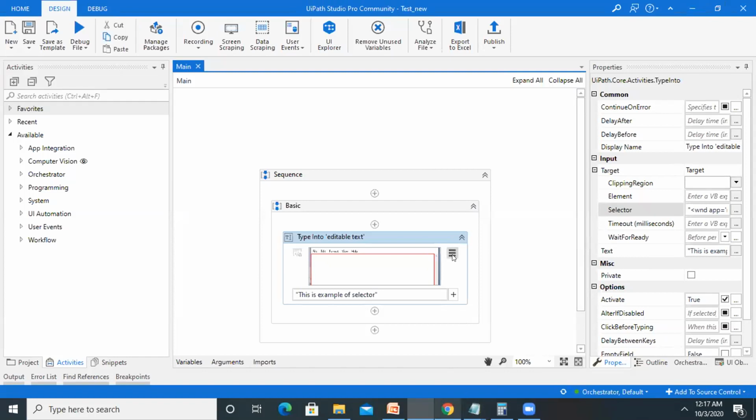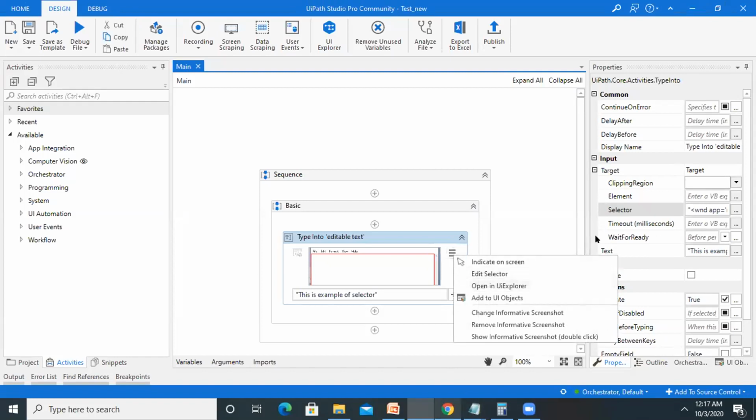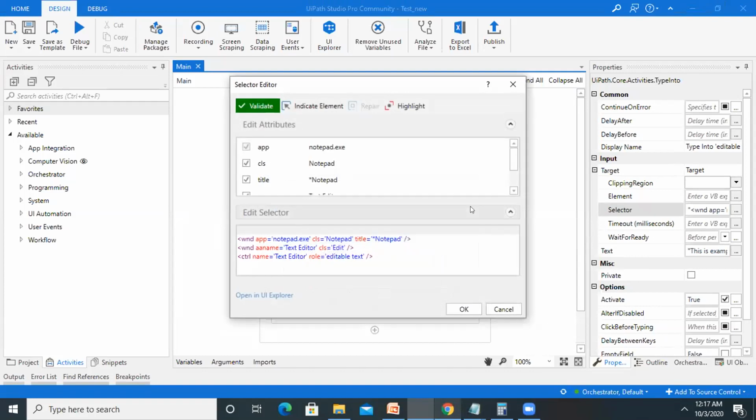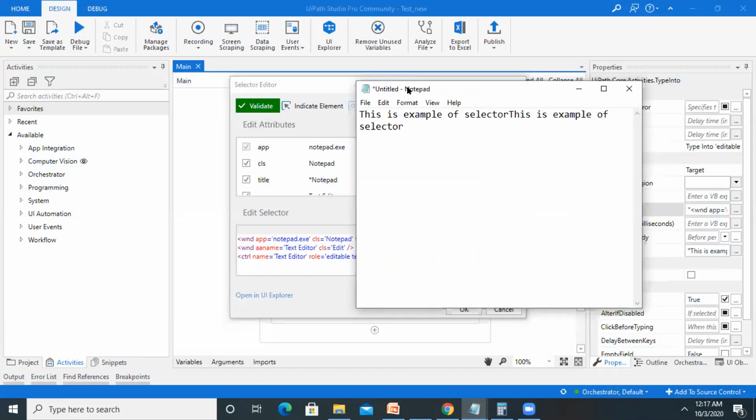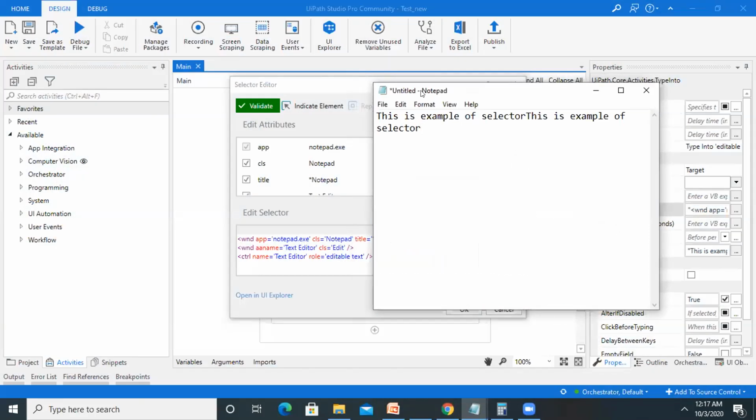Whenever we add this type of selection method, it will write into any file which contains Notepad at the end. You can see here this text refers to the file name from the ending position. Whatever the file name is from the beginning, it will not consider it.